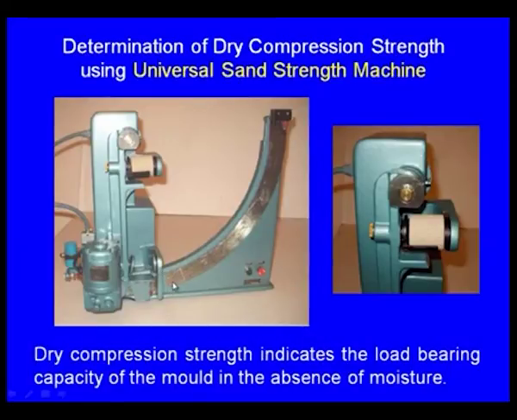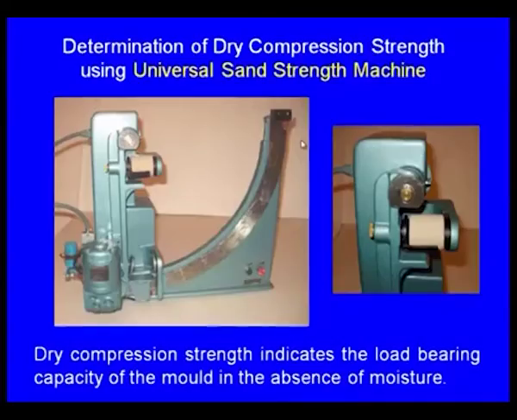As it is raised up, the load will be falling on the sand specimen, but one thing is here, more load will be falling on the sand specimen. If we want to find out the dry compression strength, keep rotating that, and at one stage the specimen fails. Now we have to refer to the scale meant for measuring the dry compression strength. From that scale, where the magnet has stopped, that is the reading of the dry compression strength.